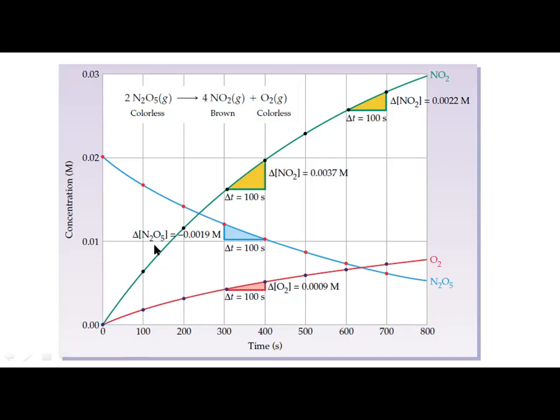Let's have a look at these two at 100, because we have already done this calculation. 300 to 400, so this is the change in time. 400 minus 300 is 100. This is the 100, this is the 100. The change will remain the same. So what is the change in the concentration? This calculation we have also done, from 300 to 400, and this is the concentration over here. If you have difficulty, the table would be easier for you. Here I am just going to recap what we have already discussed before.